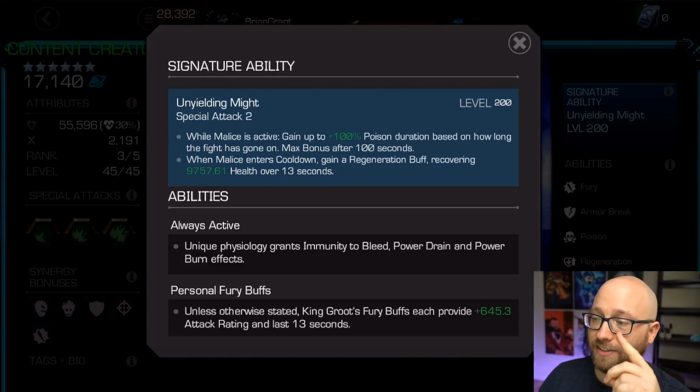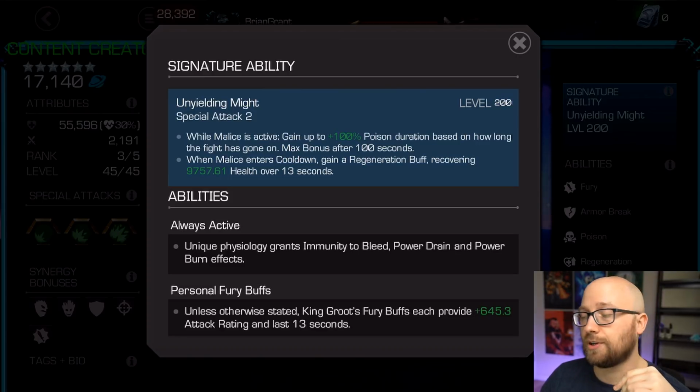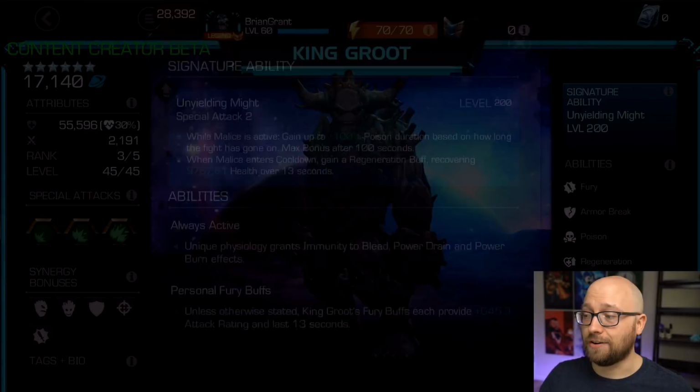So he has ridiculous healing when awakened. It's baseline here at 9,700, but this is affected by the recovery mastery, so that actually bumps it up to about 11,200 health. And although it says health over 13 seconds, there's essentially a 13-second cooldown, so you're really getting that health every 26 seconds, and that comes out to 431 health every second that you're going to be getting